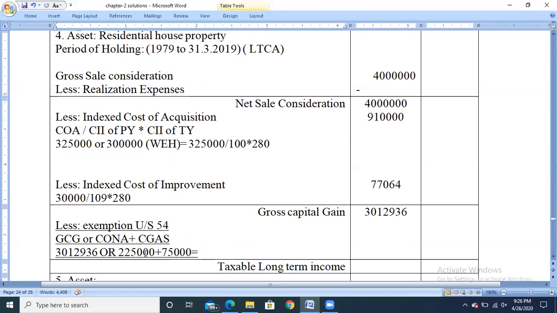So we need to take both the values. So the exemption is the lowest amount, rupees 3 lakh. That is the total of cost of new asset plus amount deposited in a capital gain account, whichever is lesser. So we can claim the exemption of rupees 3 lakh. So the balance amount will be 27 lakh 12,936. And the last asset we have is